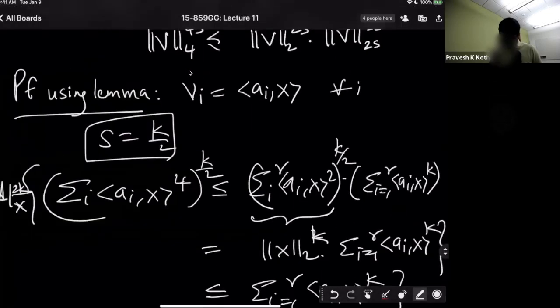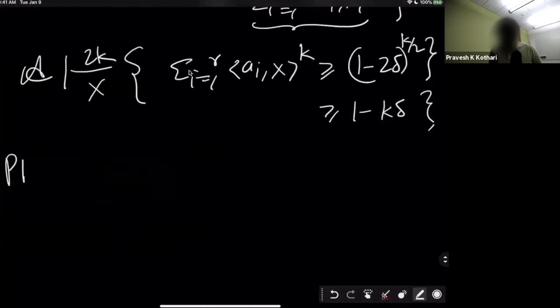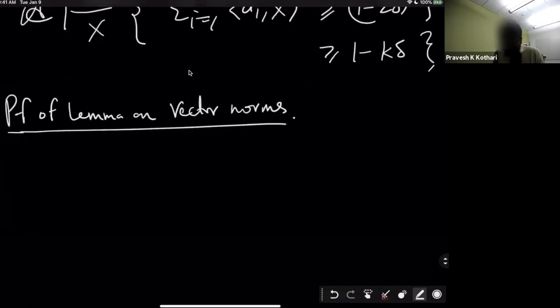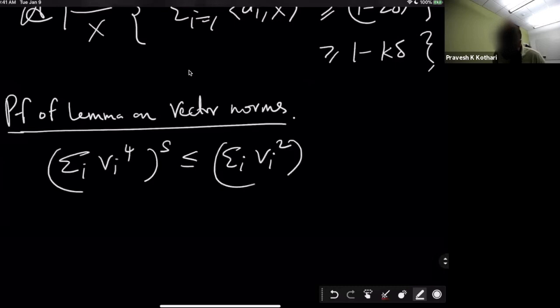So, proof of the lemma on vector norms. Okay, so how are we going to do this? Well, the way I'm going to do it is look at my notes. We'll prove this. So what's the vector inequality we are looking at? We're looking at the sum over i of vi to the 4, to the s, is at most the sum over i of vi squared, to the s, times the sum over i of vi to the 2s. So what we'll do is